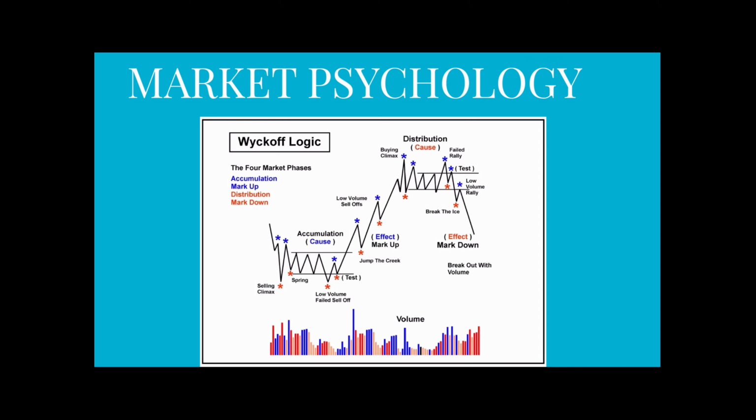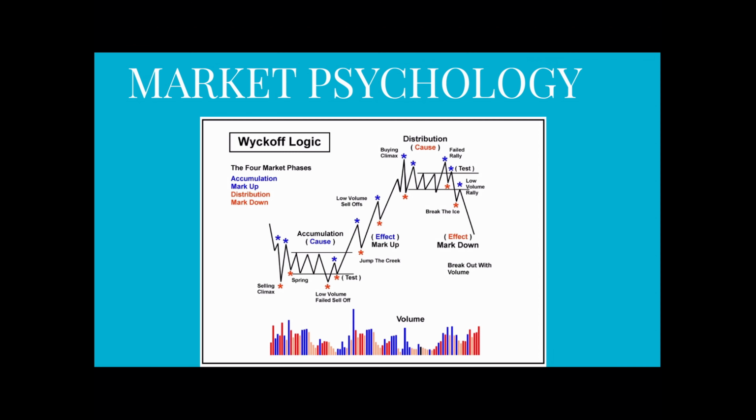So this is where a lot of buy orders are being placed, and once it reaches climax, it's going to go into another hoarding phase, so to speak, called the distribution. And this is where again the market movers are holding positions until they're ready to push the market down, and there again will be a fake out or a failed rally, as you can see in the diagram. And then there will be a markdown effect where the prices will dramatically drop as they move the market back